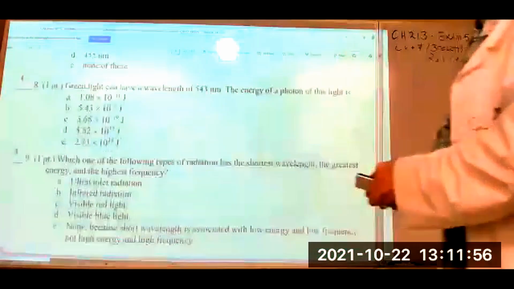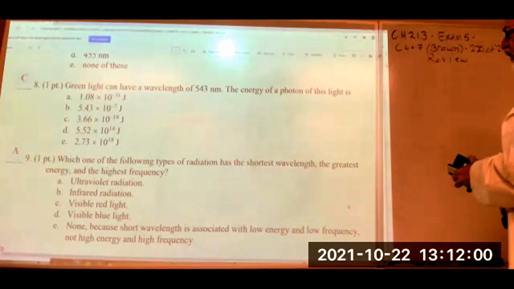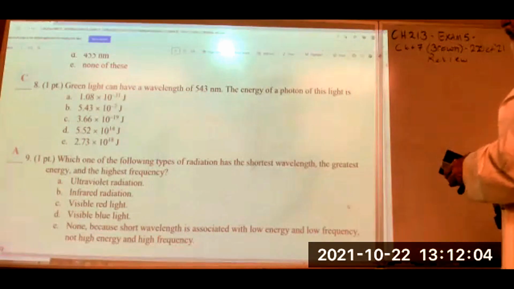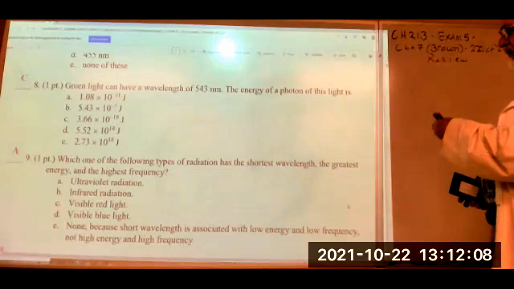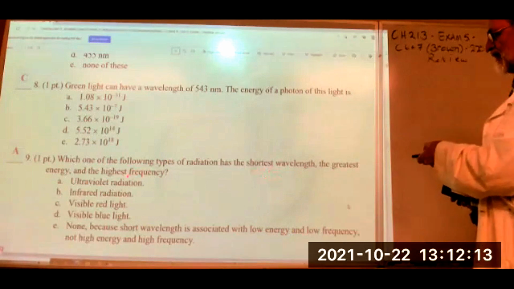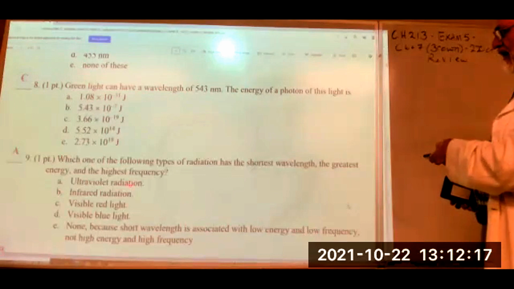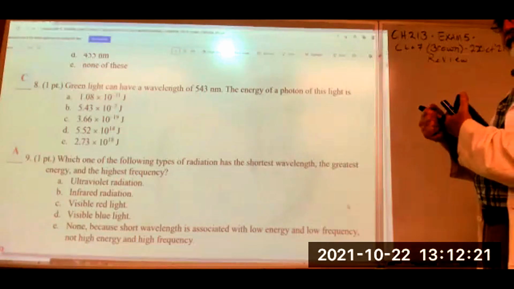All right. Number 9. Let's try number 9. Which of the following types of radiation has the shortest wavelength, the greatest energy, and the highest frequency? Those are all correlated together. Shortest wavelength means the highest frequency. Right. This one gets small, this one gets big. How about the greatest energy? Does that correlate? High frequency means high energy. Right? Based upon